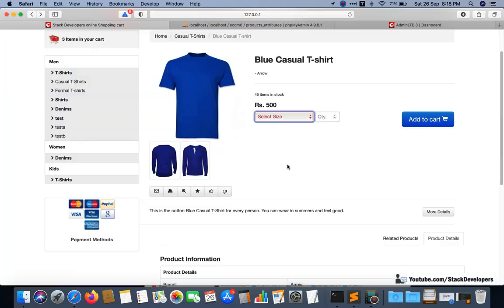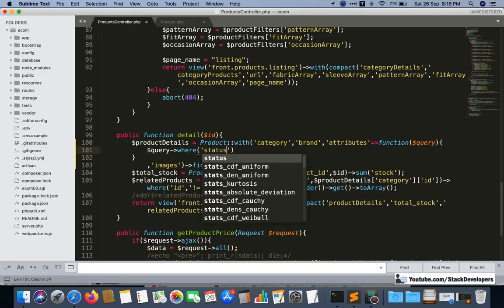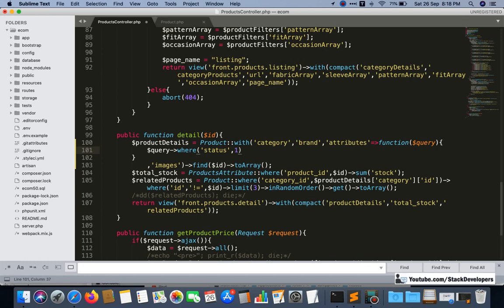Where status of this one will be 1, status 1, and something is missing here.